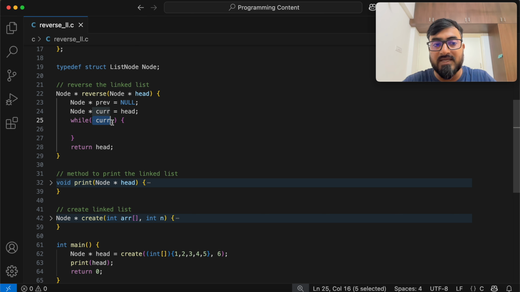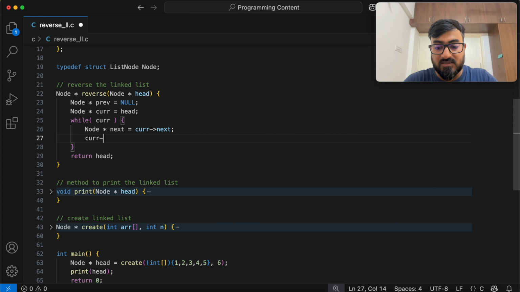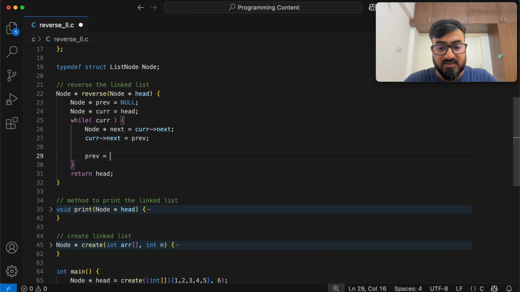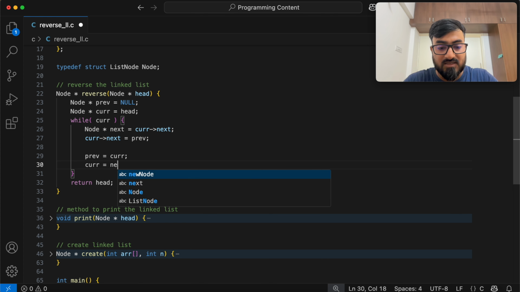If this pointer is null, the condition evaluates to false. If this pointer is not null, the condition evaluates to true. Okay, so we say node next is current's next, current's next is previous, previous is current, current is next, and